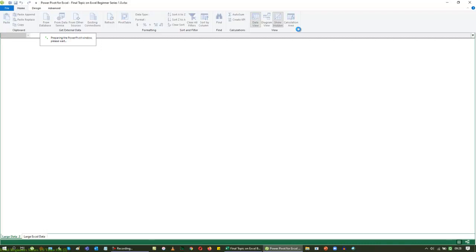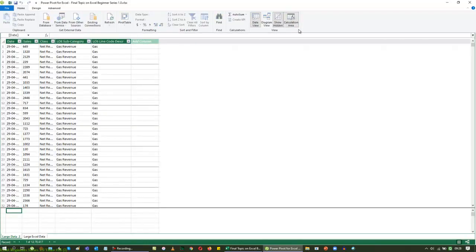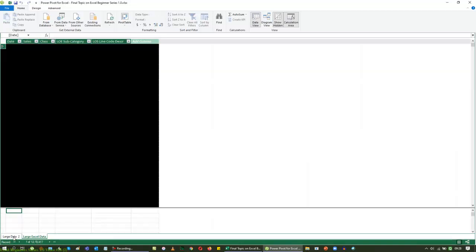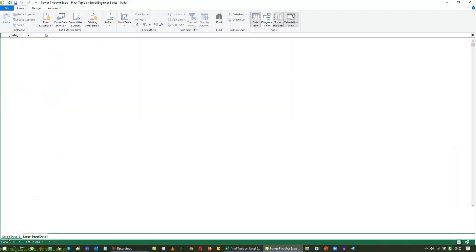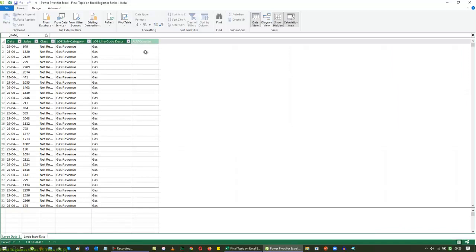Again, this is a new window like we had earlier, like our query filter. Now you can see the data that I have here. I have the dates, the sales, the names of the classes and all. At the bottom of the screen, I already added one data set yesterday. I don't mind, having two data sets is not a problem for me. I'm going to use this large data for my pivot table.